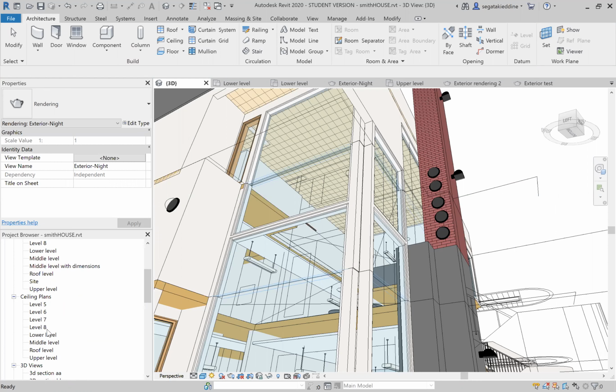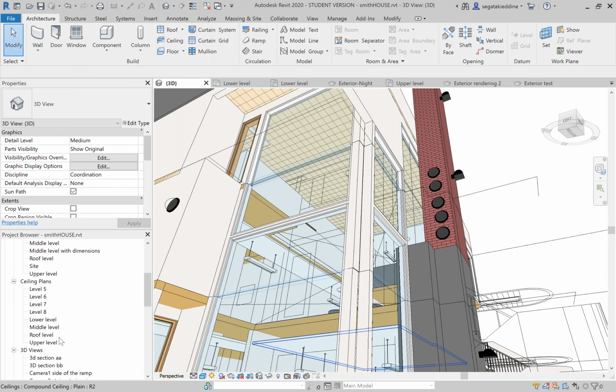But as you can see, our lower level is here, middle level is here, and roof level is here and upper level is here, but they are for ceiling. Now, this means if I go to the lower level, this one, Revit will show me the level of this ceiling. So if I go to lower level,